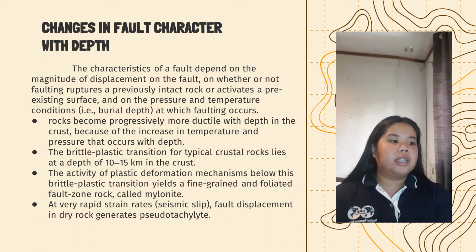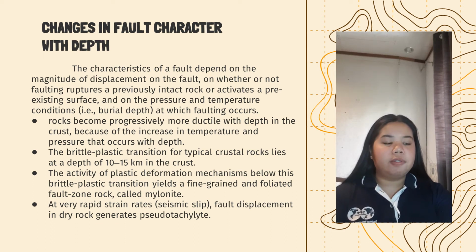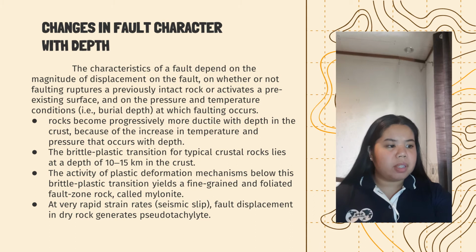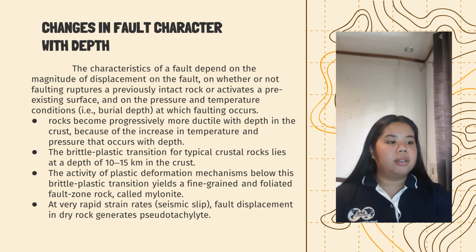Temperature conditions at the depth around 10 to 15 kilometers are in the range of 250 degrees Celsius to 350 degrees Celsius, where plastic deformation mechanisms become the dominant contributor to strain in crustal rocks. The activity of plastic deformation mechanisms below this brittle-plastic transition yields a fine-grained and foliated fault zone rock called